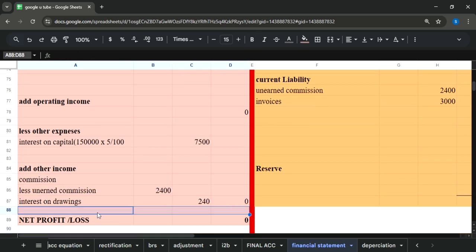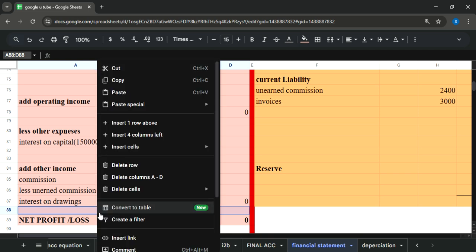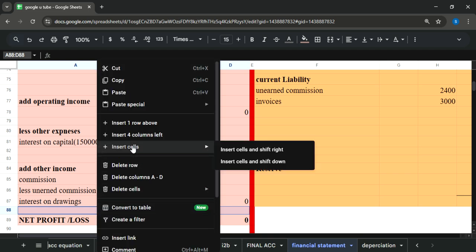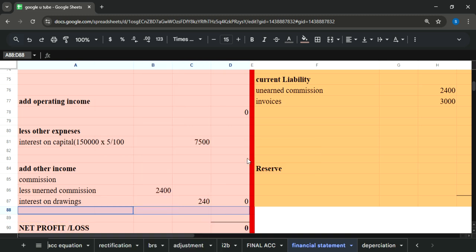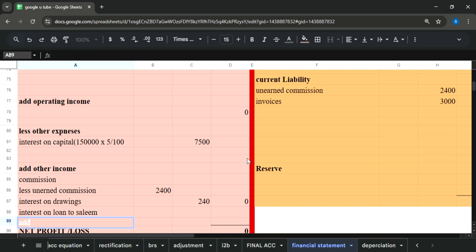Since it was quite a lengthy question, we have to create spaces. Here you will mention interest on loan to Salim and then add